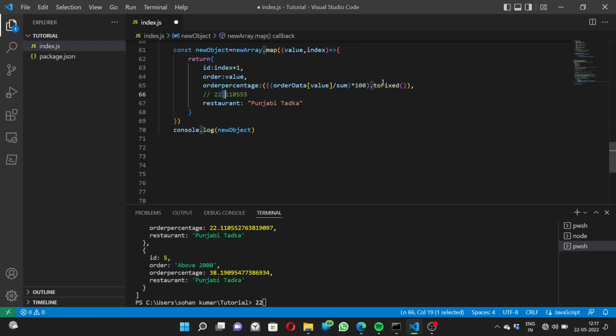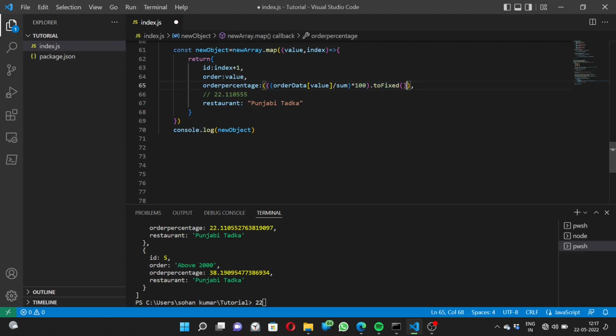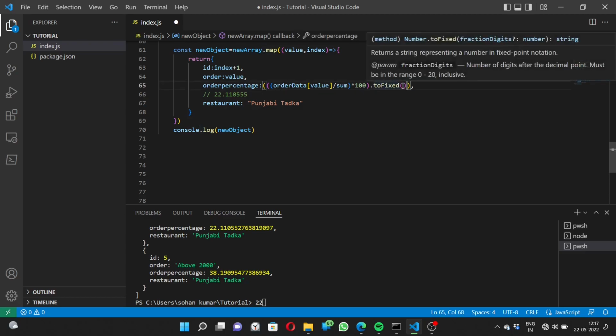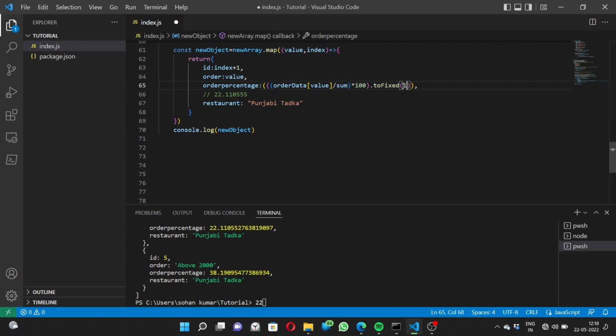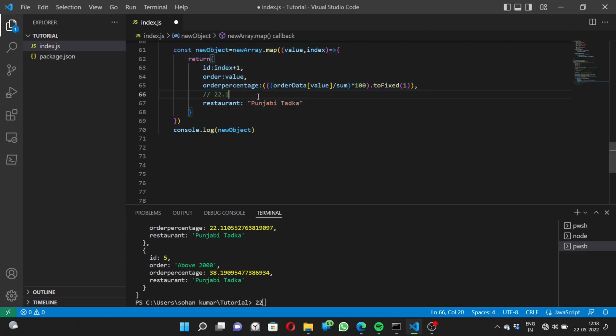So how are we going to do that? As the name suggests, the fix is how many digits we want to display after the decimal, simplified. So if you put 1, it will display 1 digit. For example, it will display only 22.1. If you don't believe me, just go to your terminal and run node